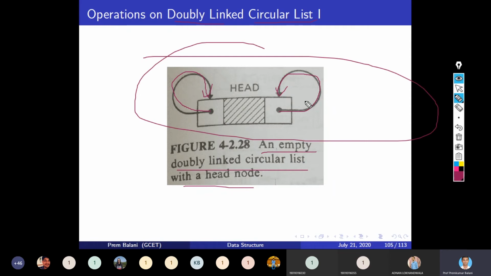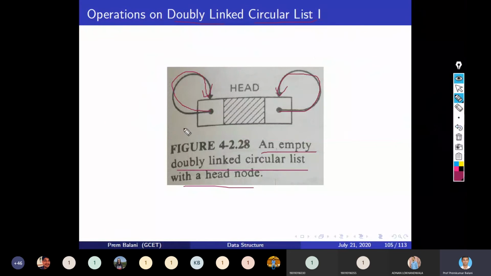The condition for an empty doubly linked circular list is L equal to R. In a doubly linked circular list, L and R will not be null; L and R will be pointing to the head node.